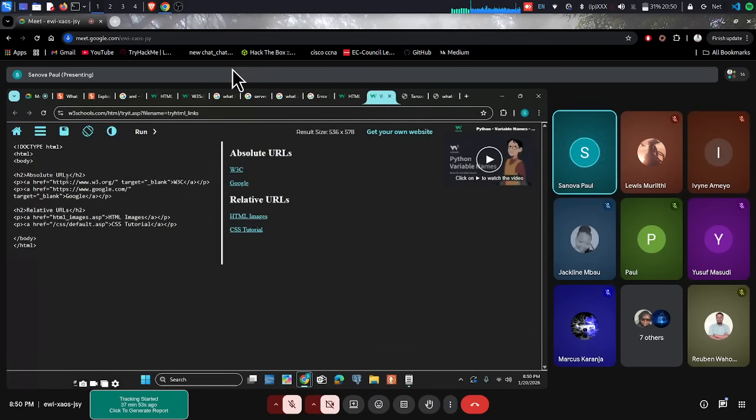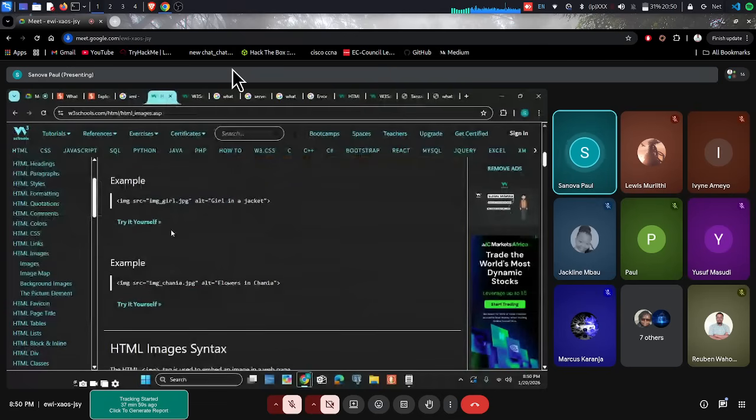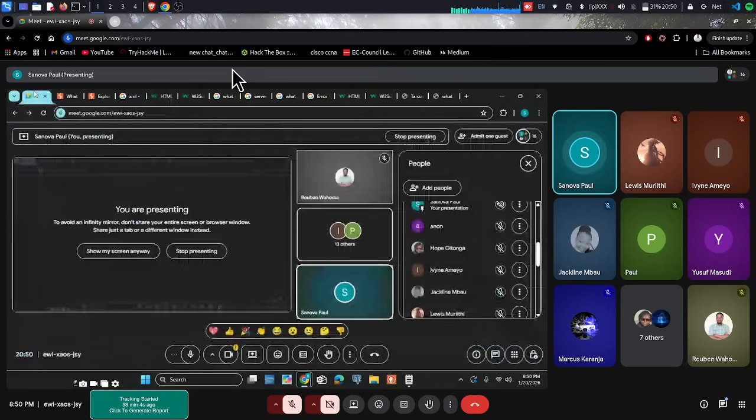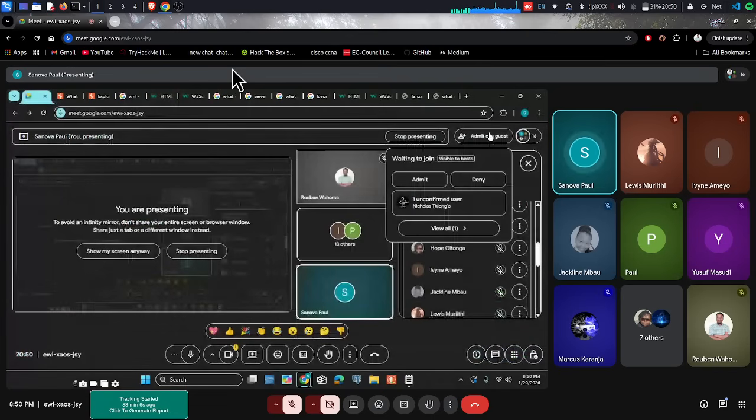Unaona? To access another file, hata kama ni image, it works the same in images, where I can reference the file. No, it's an image file. Sindio? It's in the server. So, but